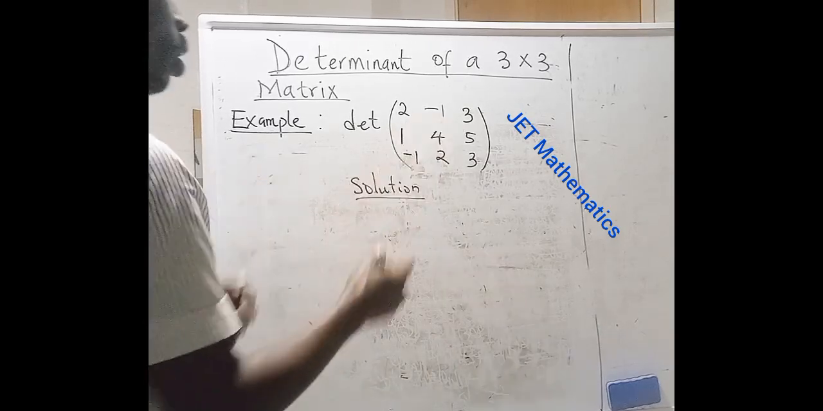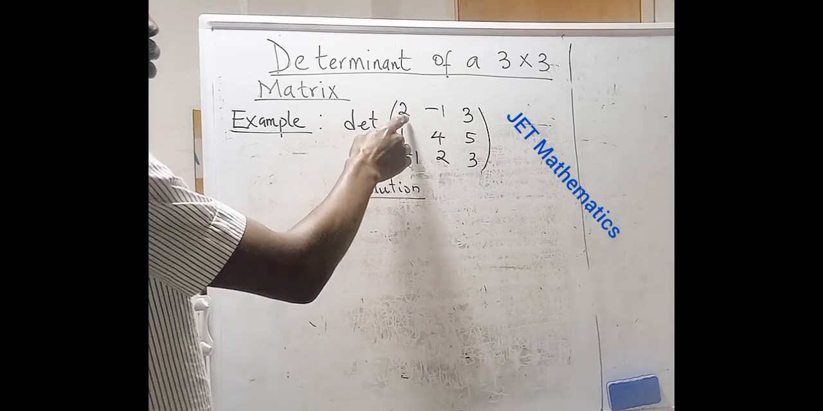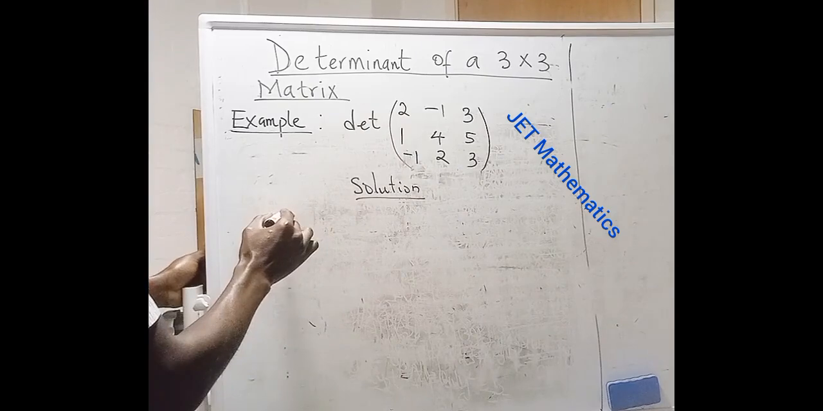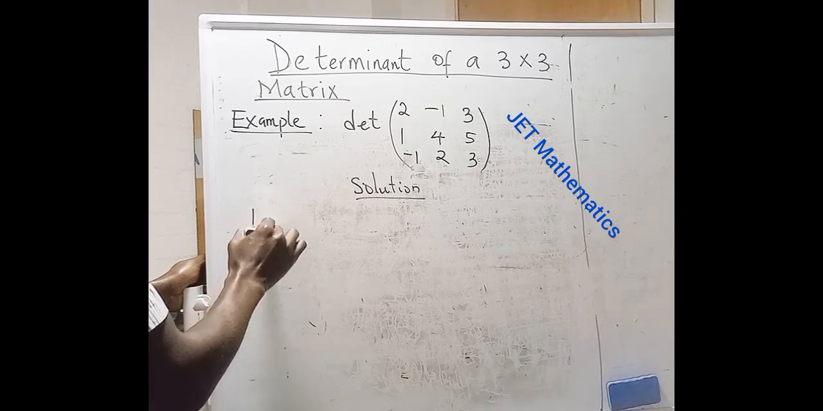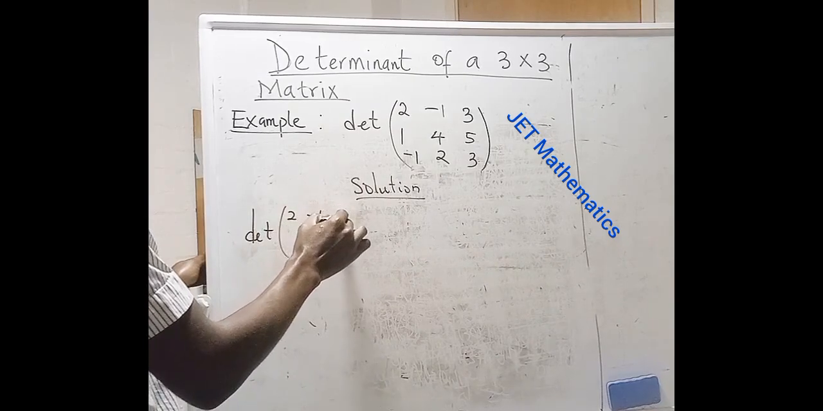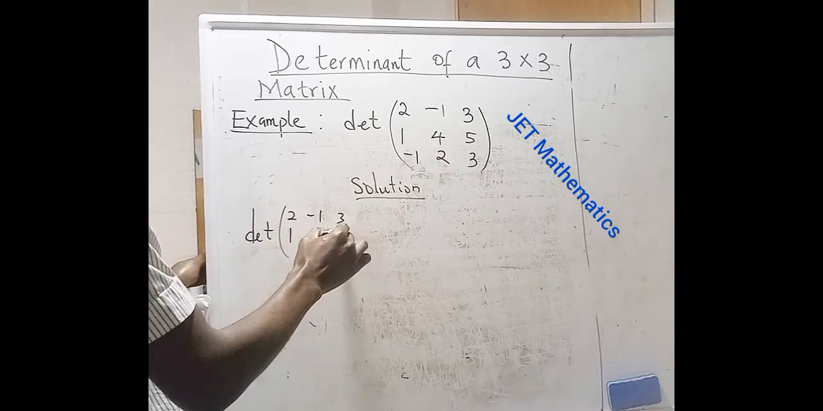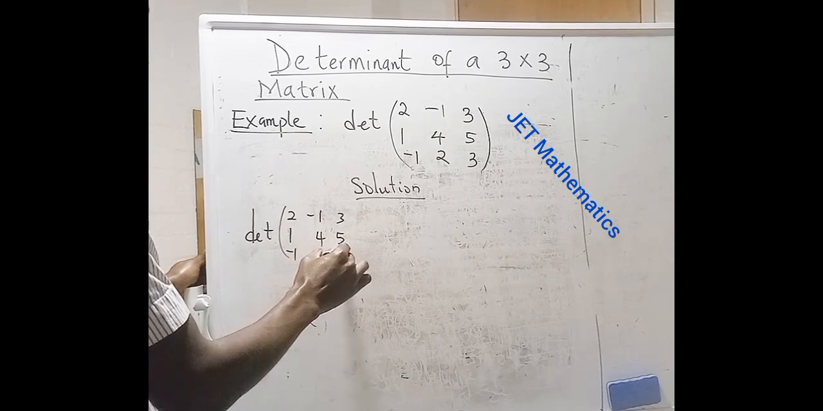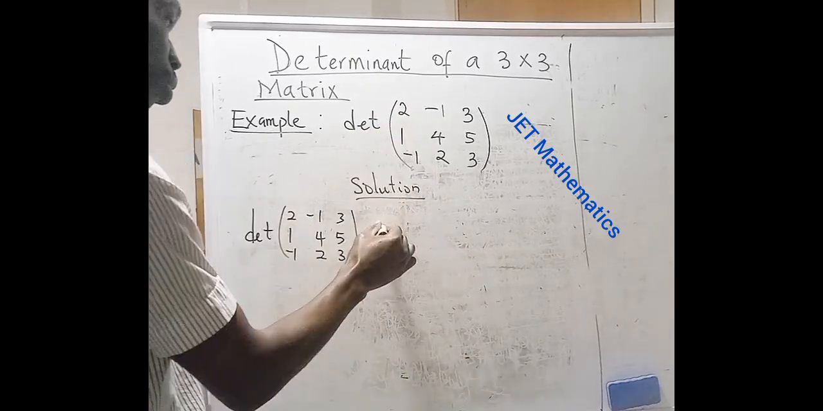We're going to reduce the matrix by taking the leading principal minor. So we'll take 2, write it. The determinant of this matrix, 2, minus 1, 3, 1, 4, 5, minus 1, 2, 3, is equal to. So we'll take 2